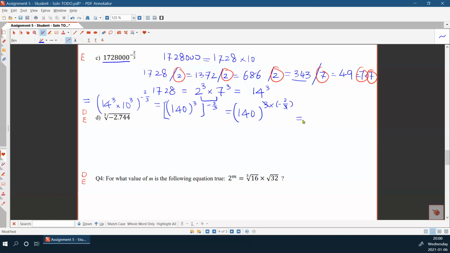And this one cancels with each other. This equals 140 to the minus 2 power, right? Minus power means 140 squared as the denominator. Numerator is 1. So the final result is